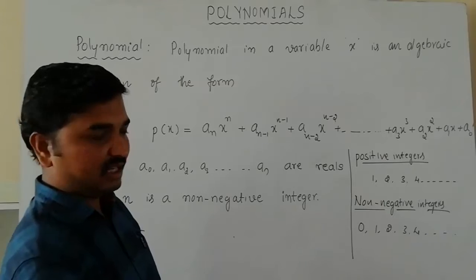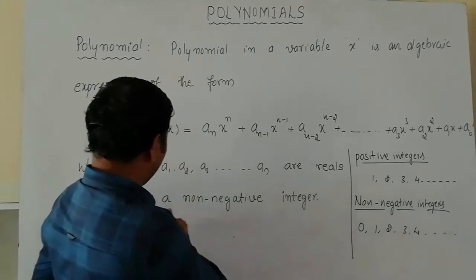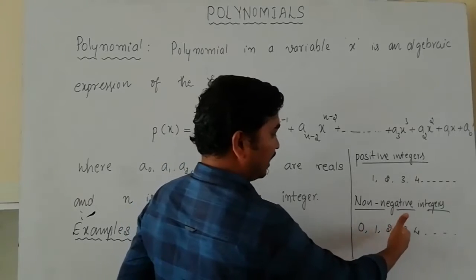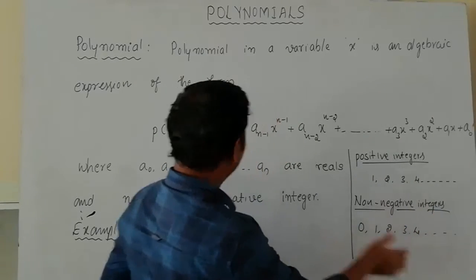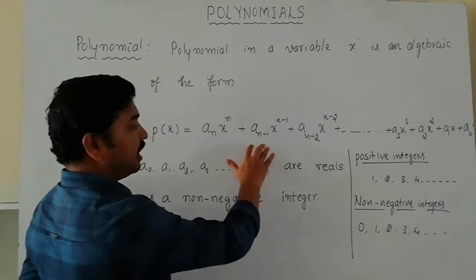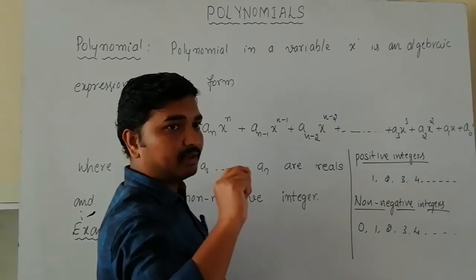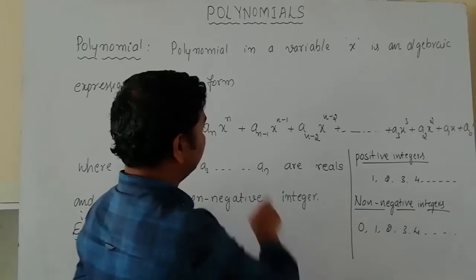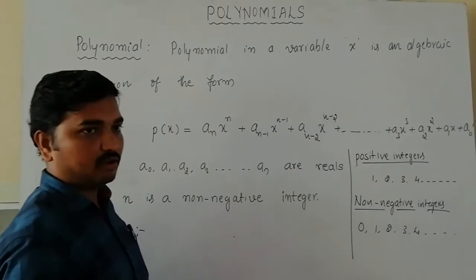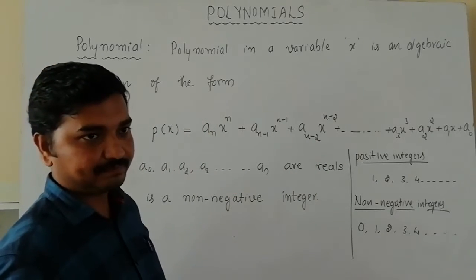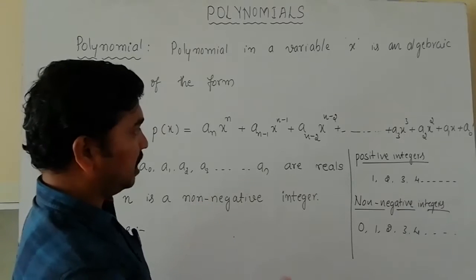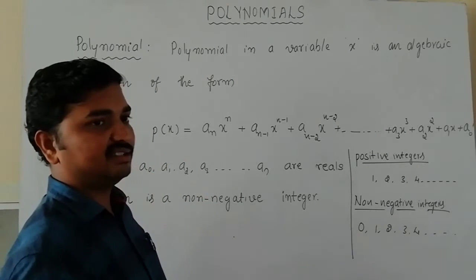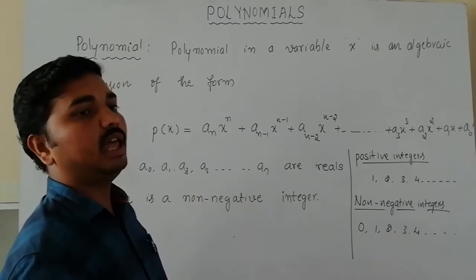Now try to understand the value of n here. It may be anything: 0, 1, 2, 3, 4 like that. But in this standard form I have not given any particular value for n; I have taken it in general. So this is the general format of a polynomial. Someone may not understand what this form actually is, but you will understand when I write an example.